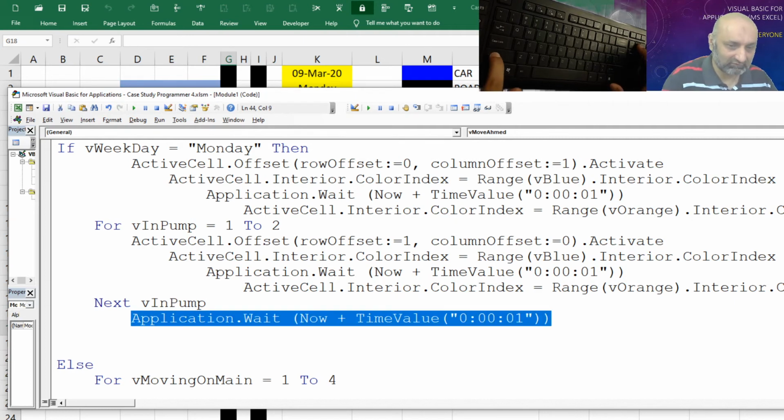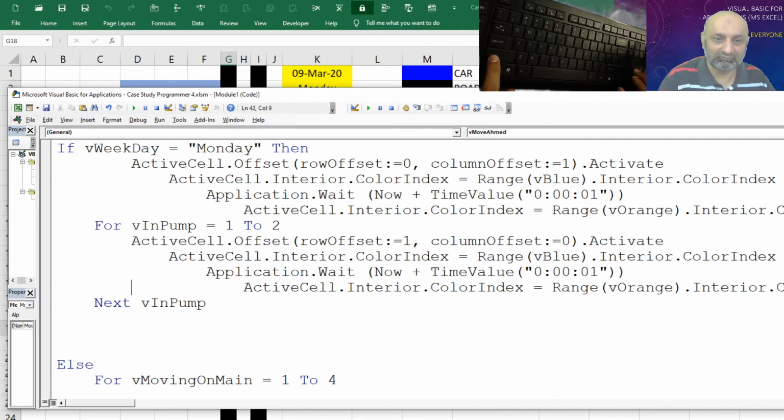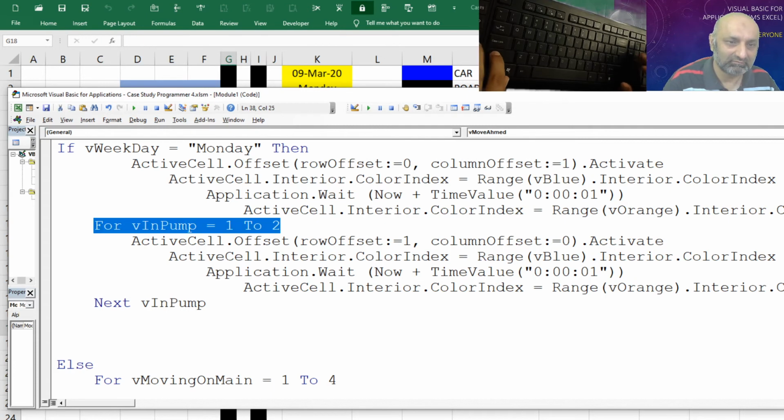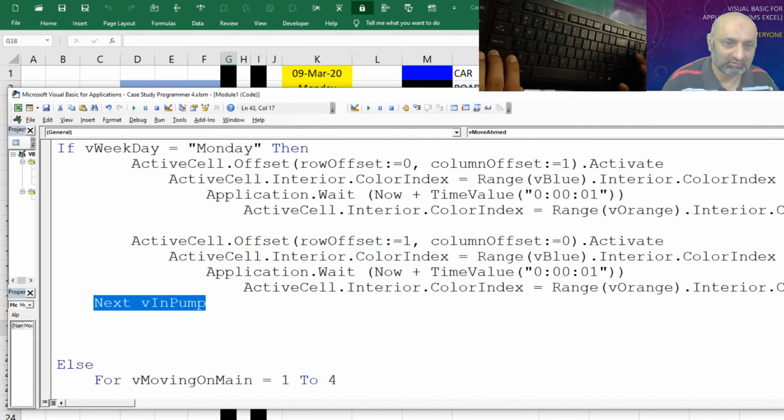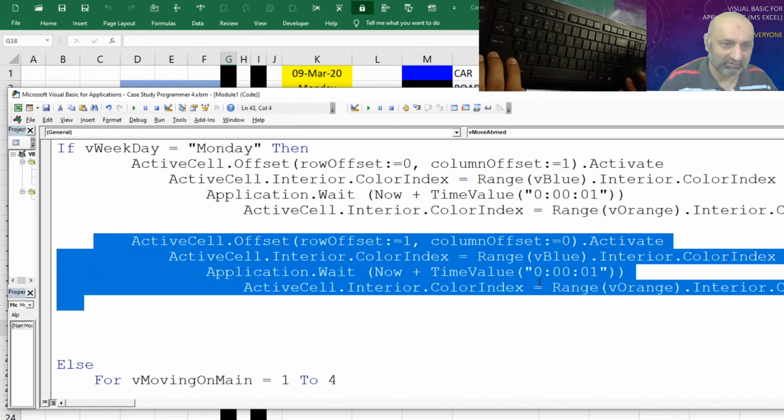But instead of adding this here, because we need to wait for 3 seconds before the cell turns to orange, instead of using this loop, let me get rid of this loop and simply copy this command the second time.